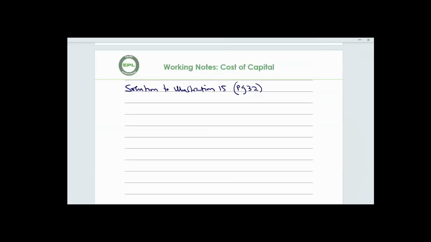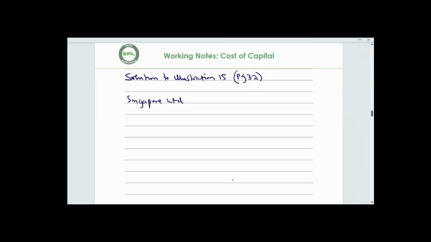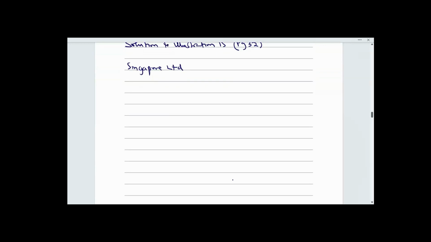The name of the company is Singapore Limited. So we are asked to calculate the cost of convertible debenture. So I will say calculating cost of convertible debenture,